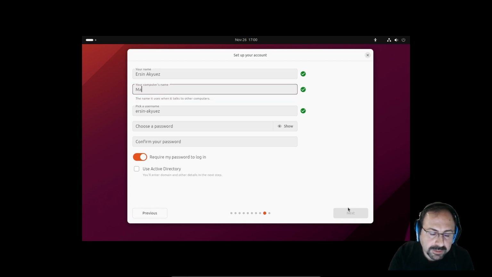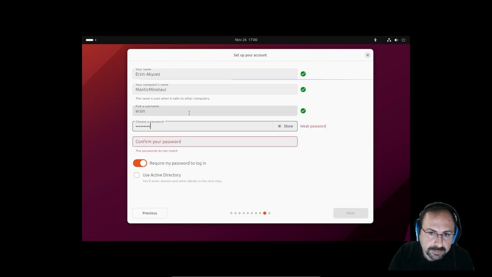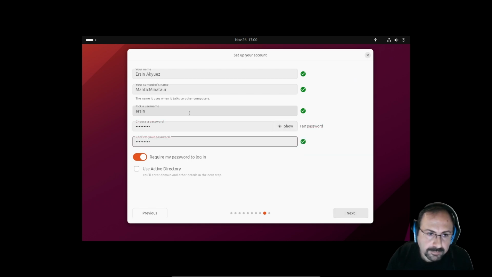Or better, I can give the release name Mantic Minotaur, username and password. It can require a password to log in or not.